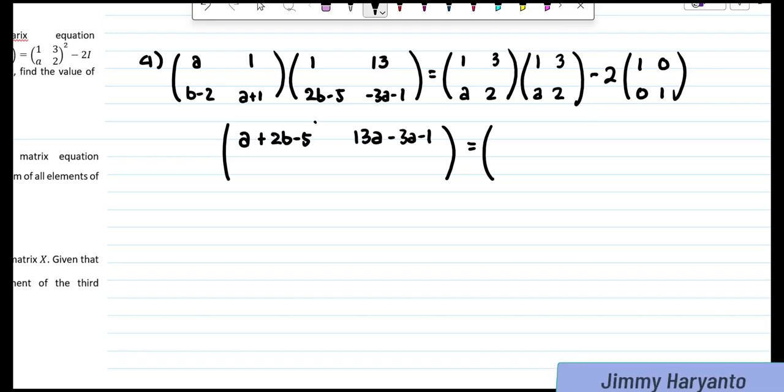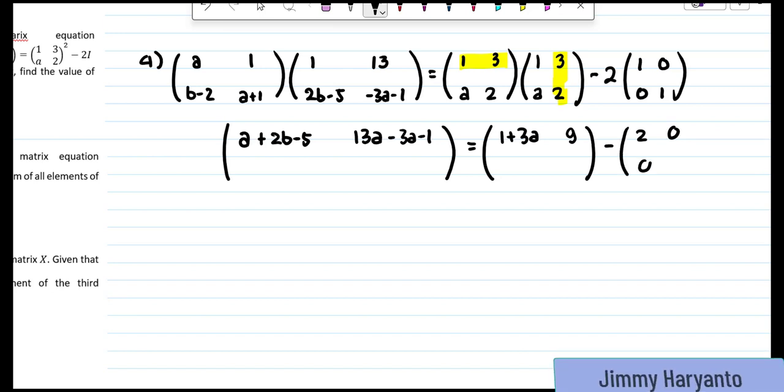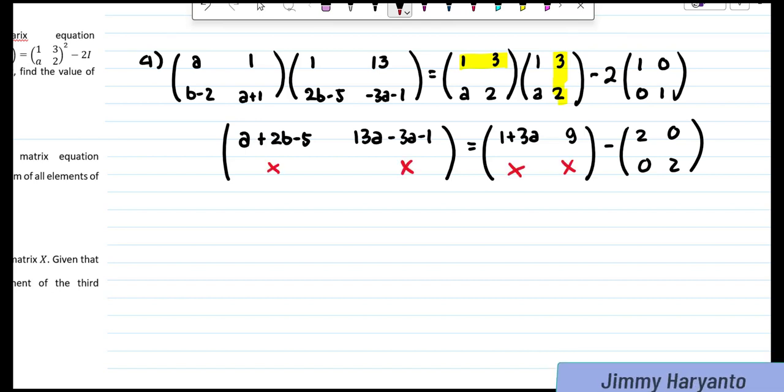Actually, when you do these two, it will be enough. So for this one, you will multiply like this times this. You will have 1 plus 3a, and then you multiply it again with the second one. You will have 3 plus 6, it will become 9, and then minus 2002. And then also for this one, you don't have to do it. You don't need that one also.